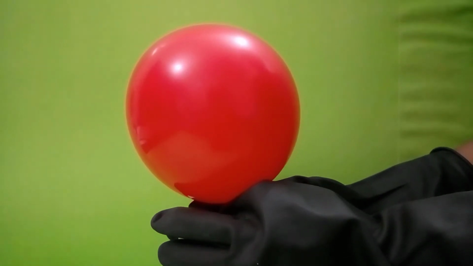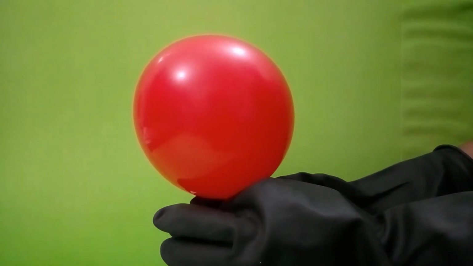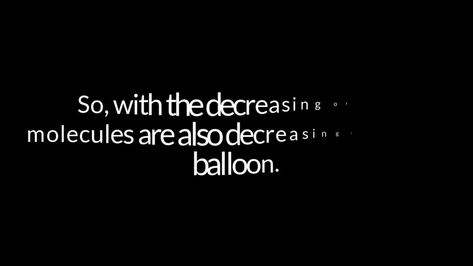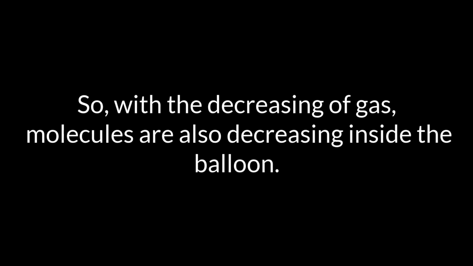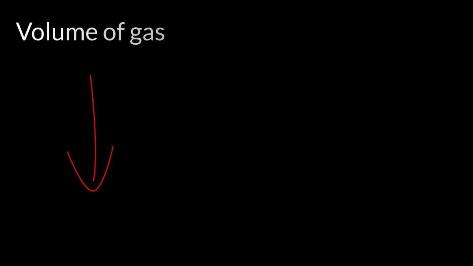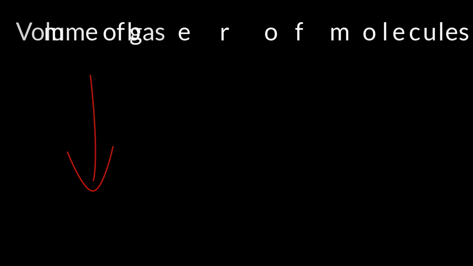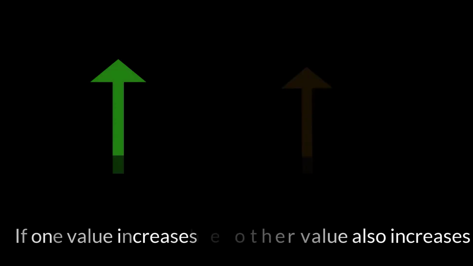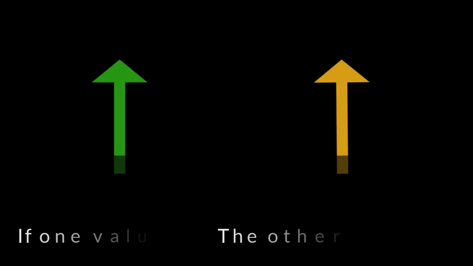See, the volume of gas is decreasing as I am getting gas out of the balloon. So, with the decreasing of gas, molecules are also decreasing inside the balloon. Therefore, we can say that when volume of gas decreases, at the same time, number of molecules also decreases. You know, if one value increases and at the same time the other value also increases, and again if one